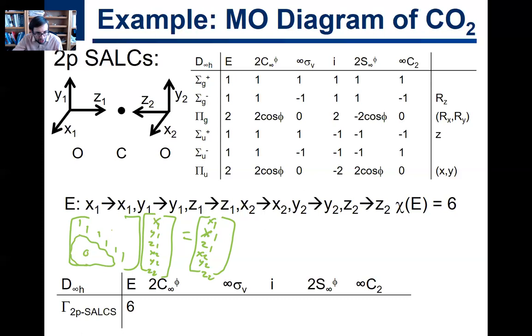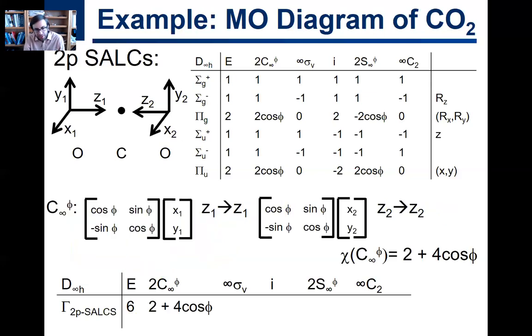But you're going to have zeros across the board on the other side, on the non-diagonal. So then we take the sum, 1 plus 1 plus 1 plus 1 plus 1 plus 1 equals 6. So that gets us a character of 6. We're coming up with our representation for the 2p solids. Next, we are going to do the